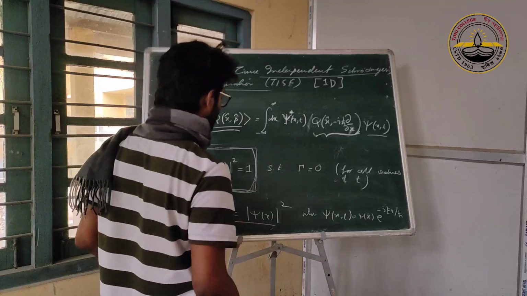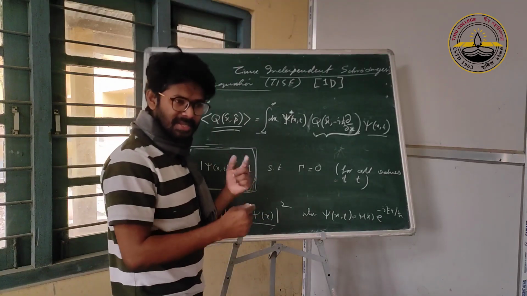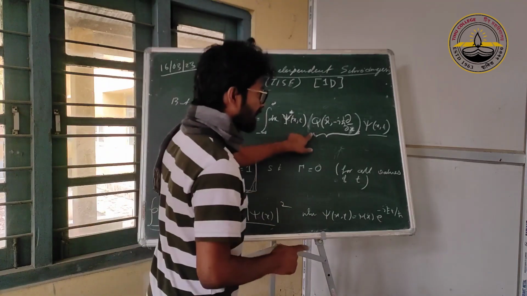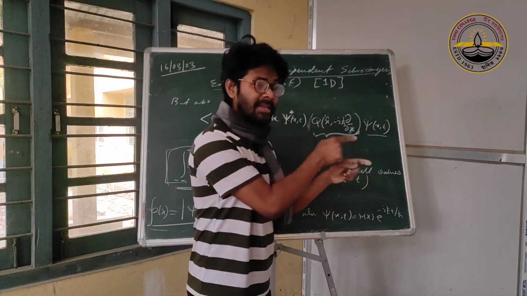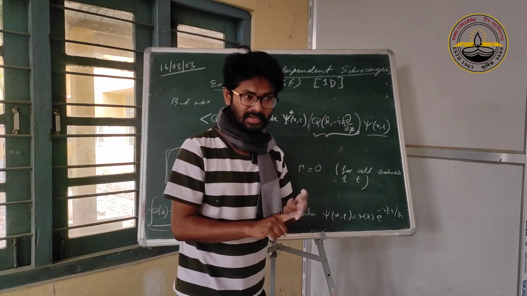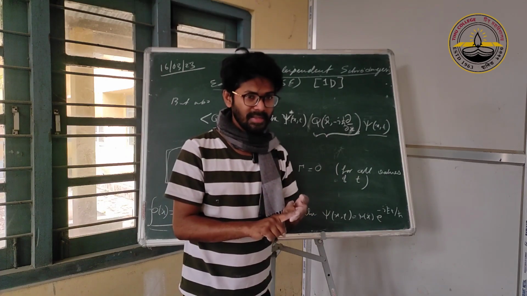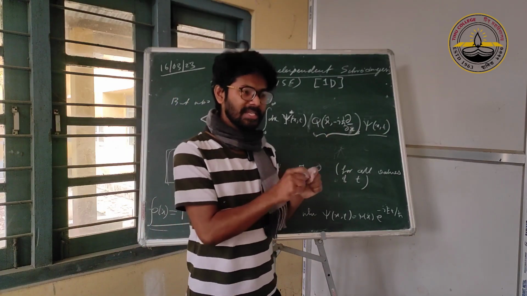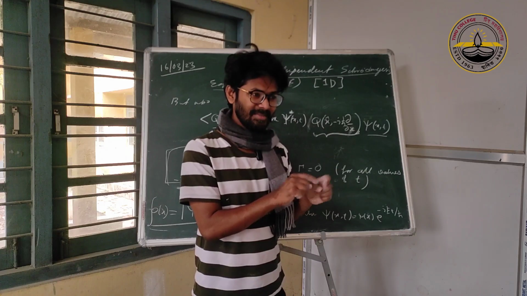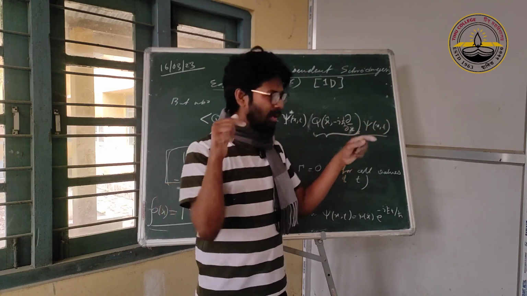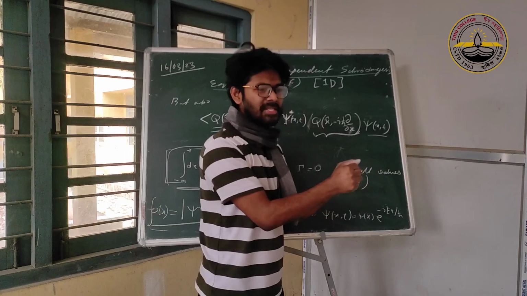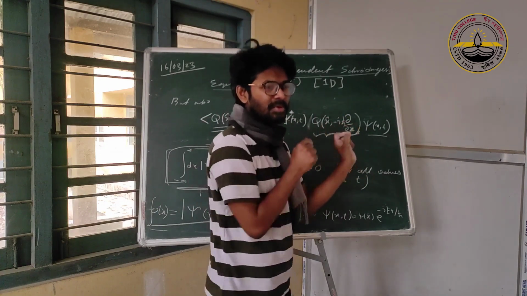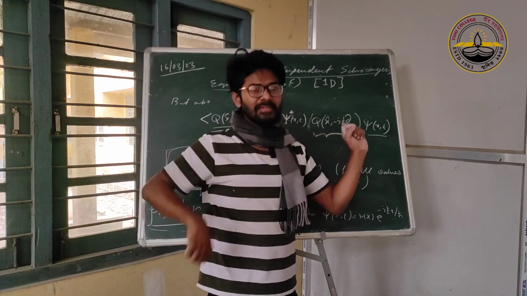Be very clear about this. It is not performing the same experiment n times on the same box. You know very well why. Once we measure the momentum of a particle, you will find a value, and next time it will be that value again, because once you do the measurement, the wave function collapses into a single value. Next time you do the experiment, you will keep getting the same value.